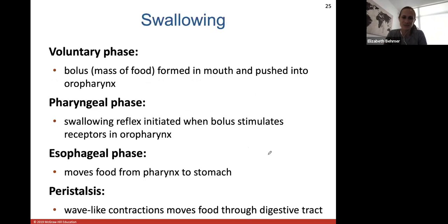in excess. So the idea of swallowing, food moving from the mouth down to your stomach, takes about 6 to 8 seconds, which is interesting to think about, because when you're extremely hungry and you eat a bite of food, you already feel satisfaction from eating and you already feel better, even though the food hasn't even gotten